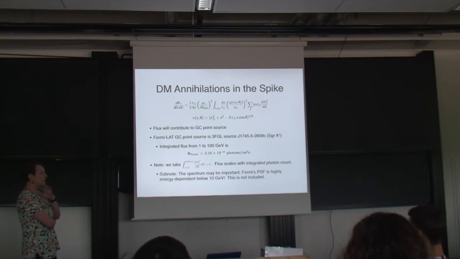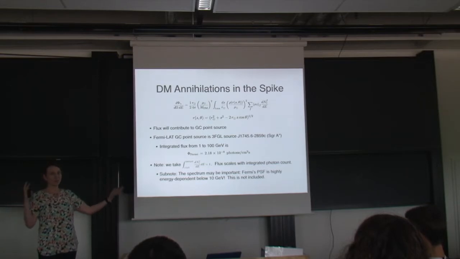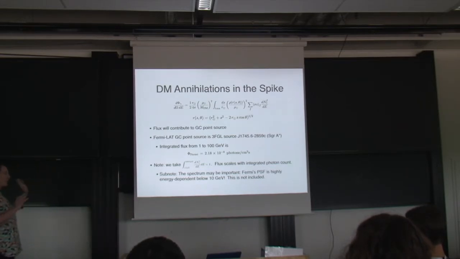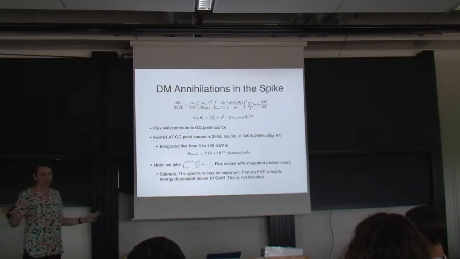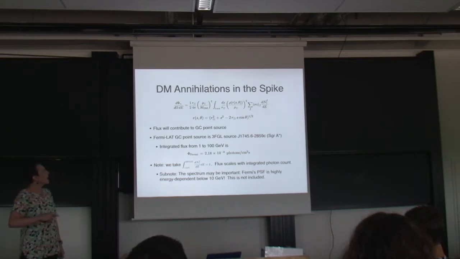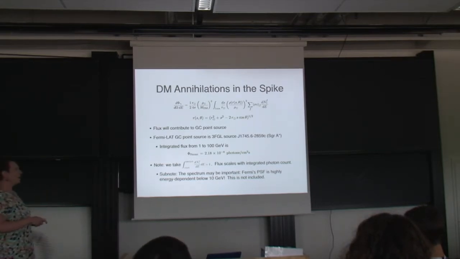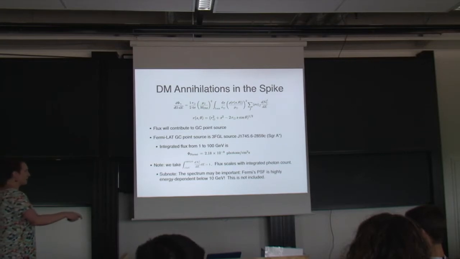We're going to do this in a very hand-wavy way, which I'm going to warn you about now, but as you'll see, we're interested in orders of magnitude changes between these different situations, so don't be too disturbed by my hand-waving. We're just going to do the integrated flux. We're not using any spectral information. So integrated flux between 1 and 100 GeV. And I'm going to do this in a kind of agnostic way about what the dark matter is. I don't want to have to care what my final state is of my dark matter annihilations. I'm just going to set this integrated spectrum to be 1. And then if we want a different dark matter final state, we can scale the flux with the